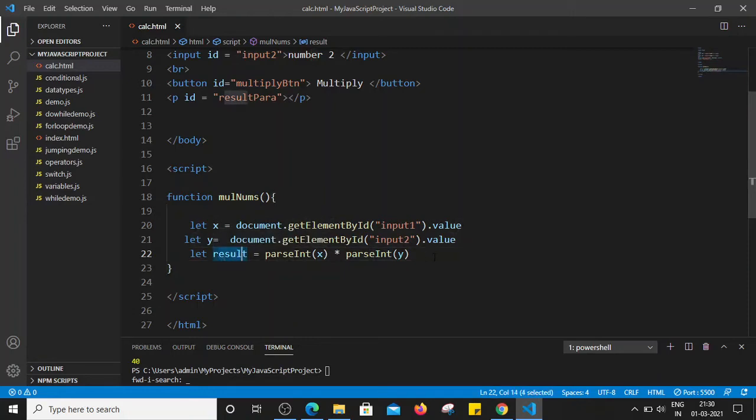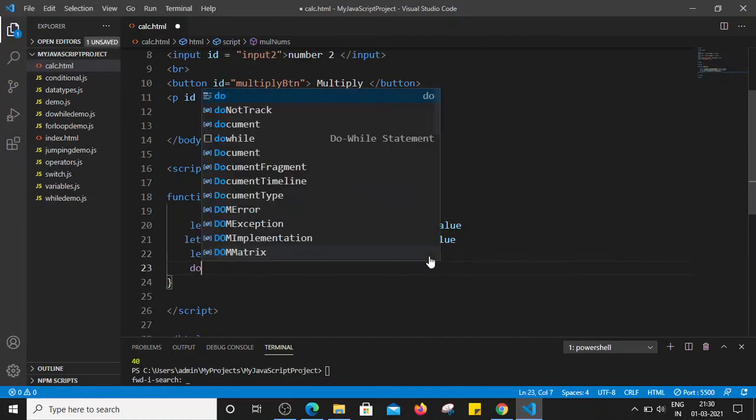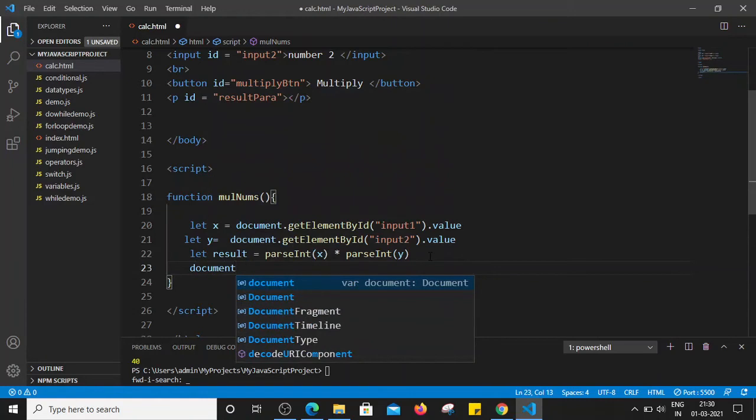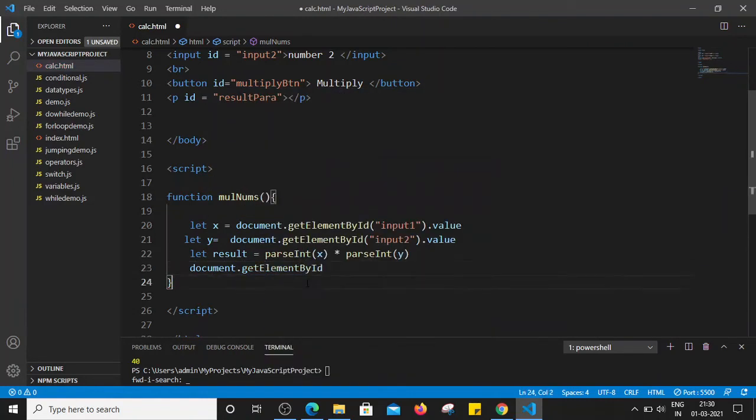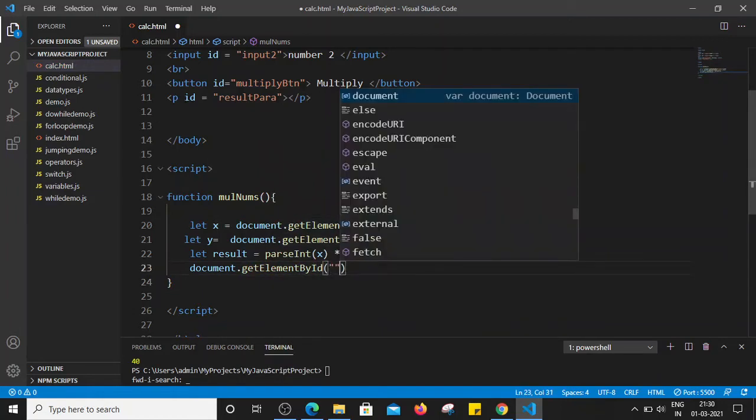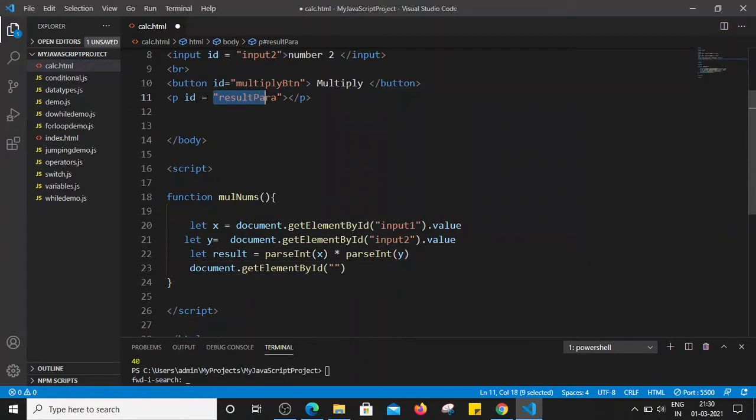right? So once we have got the result, now we have to display that result in the paragraph field, right? So we have to first locate that paragraph as well. So let's say document dot getElementById, and the identifier of the paragraph where we are going to display that value, that is resultPara, and the dot innerHTML property is used to display that value in that paragraph field.